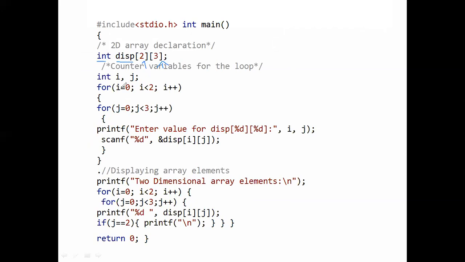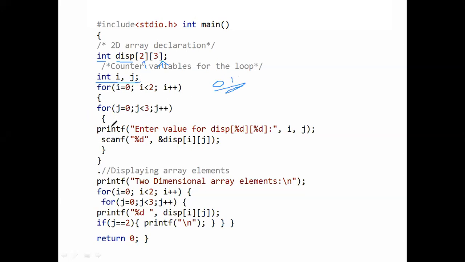I am taking variables i, j for row and column. First I am writing the loop for the row, that is i equal 0, i less than 2, i plus plus, because the array starts from 0 to 1, 2 elements in the row and 3 elements in the column.